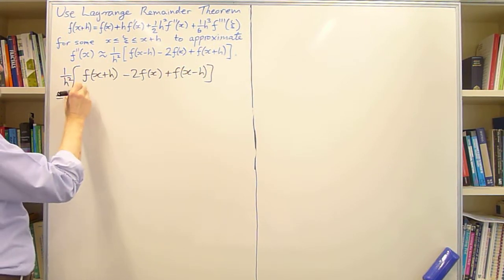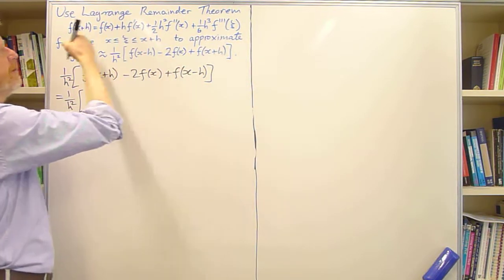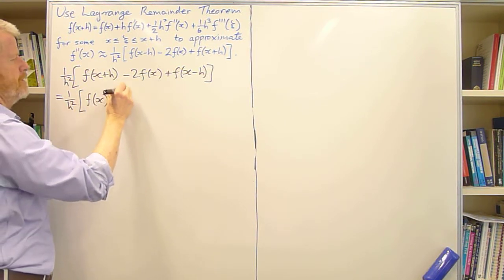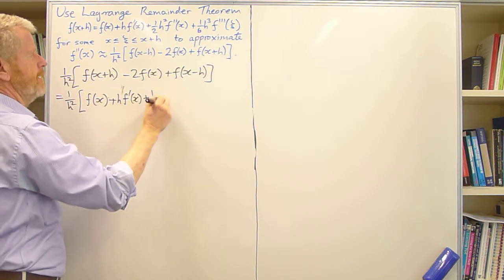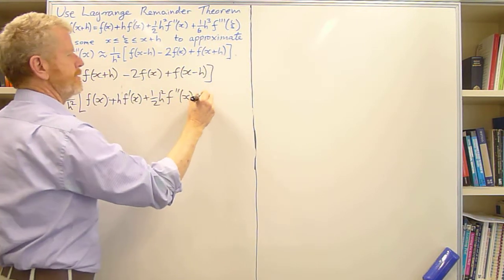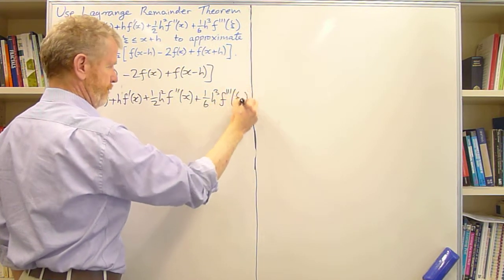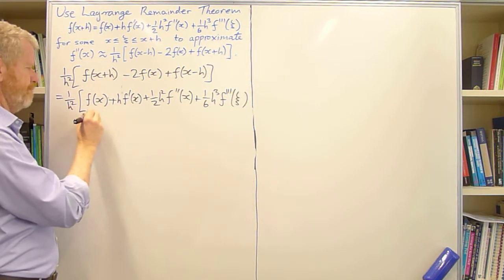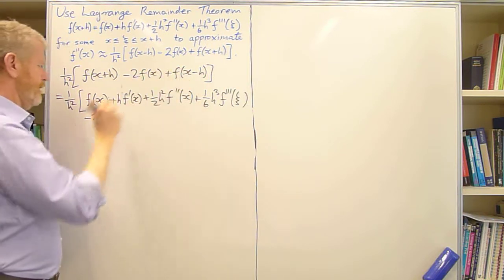And this is 1 over h squared. Now, f of x plus h, we can replace that by precisely this: f of x plus h f dashed of x plus a half h squared f double dashed of x plus a sixth h cubed f triple dashed of psi. The minus 2 f of x we leave the same. The f of x minus h,